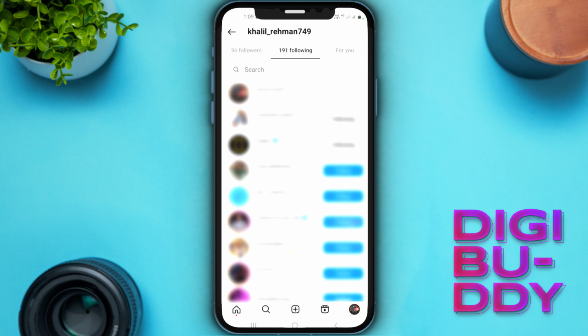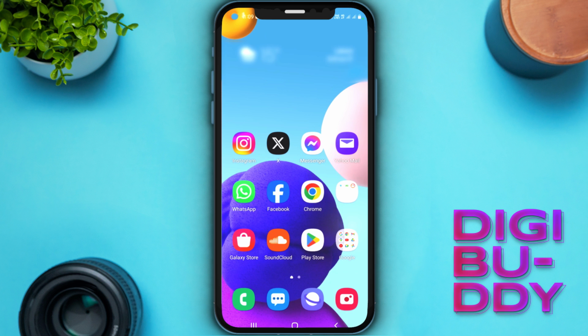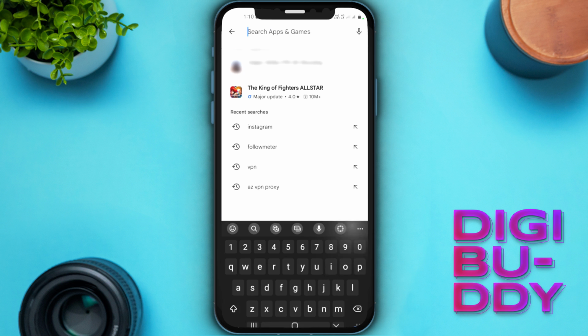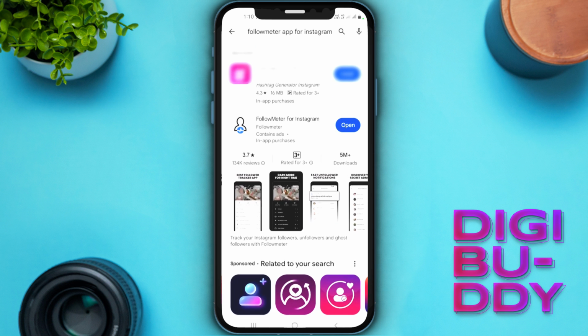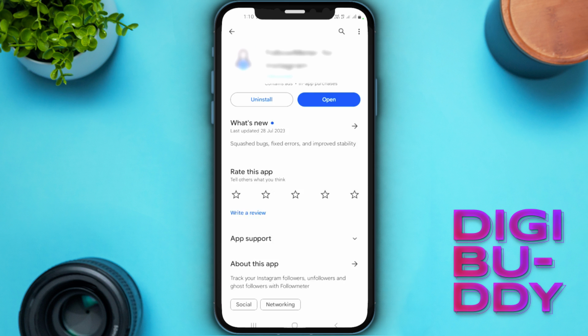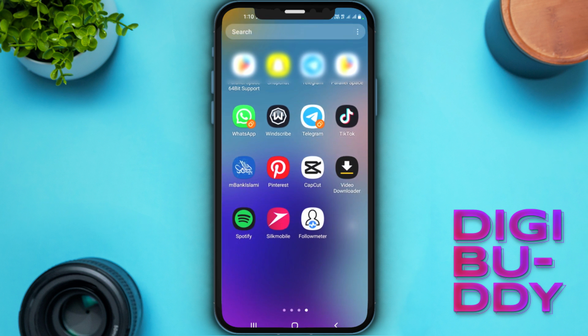So what you can do then, go back and go to Google Play Store and search for follow meter for Instagram. And here you will see many apps, but just click on follow meter for Instagram and install this app. After installing this app, go back and go to the app,